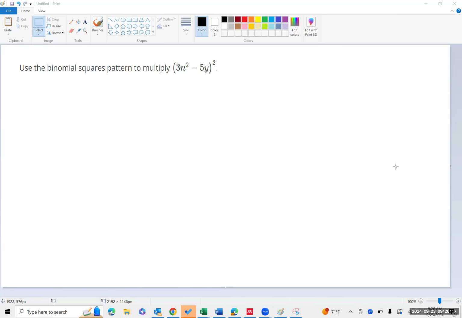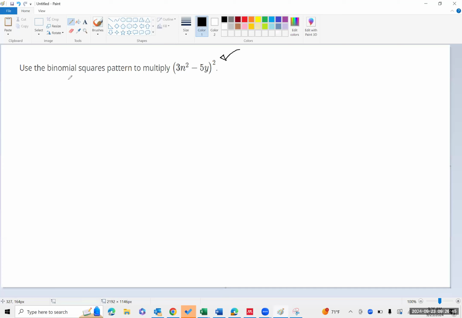So this one is considered a special products binomial squares problem, a special product. And the reason is because what we're doing here is we're squaring a binomial. Now, in a real simple case,